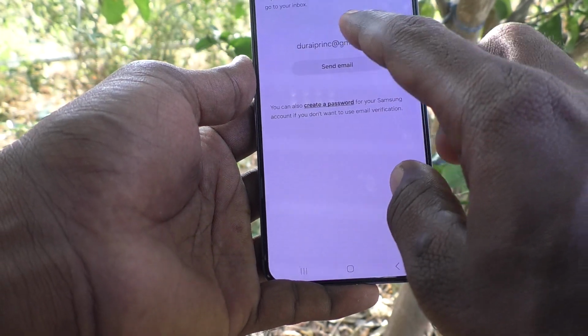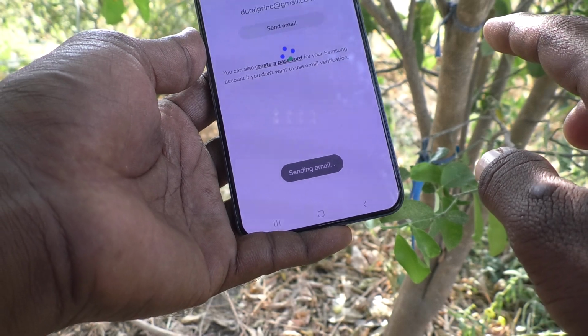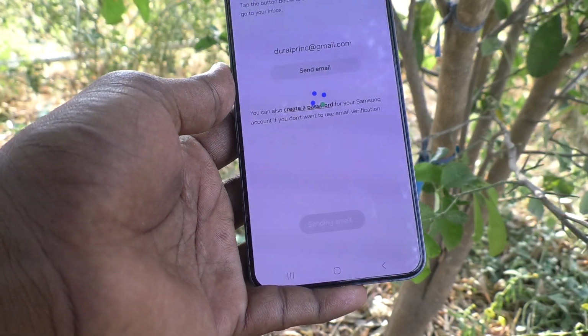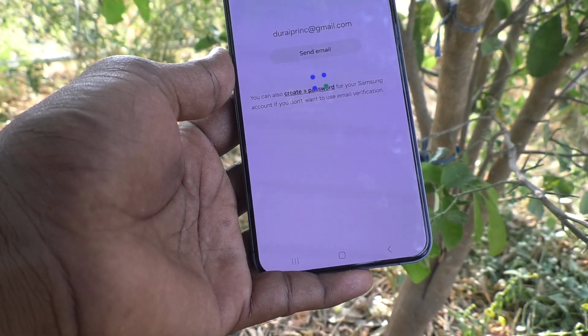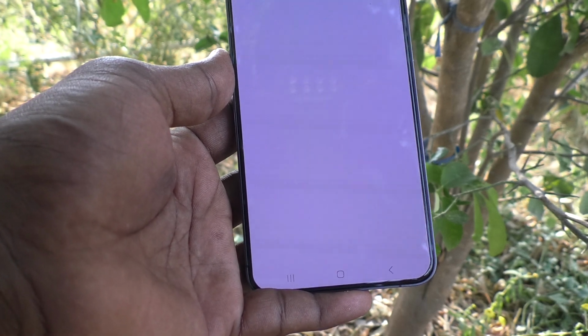will ask you to verify it's you. It will send an email, which will be sent to you. Okay, go to the email